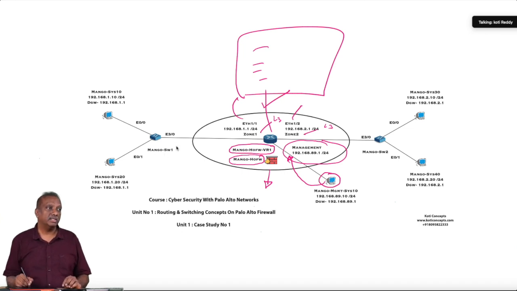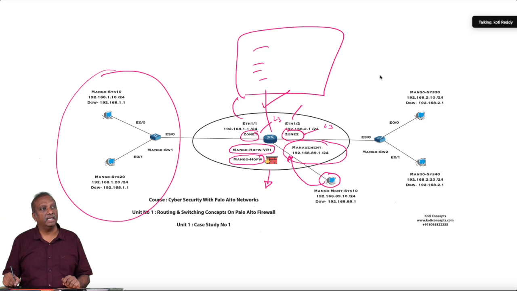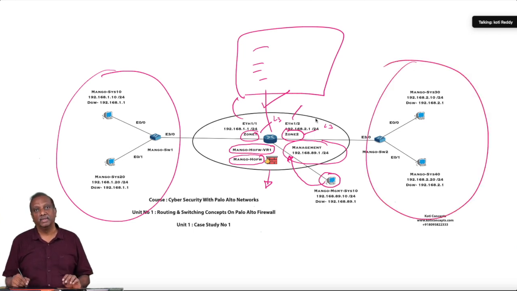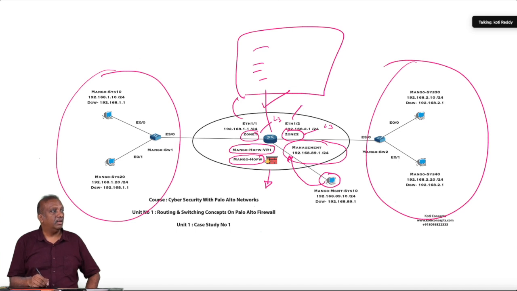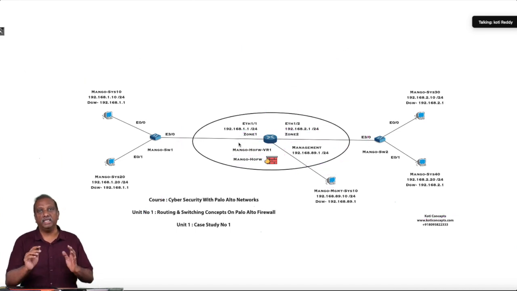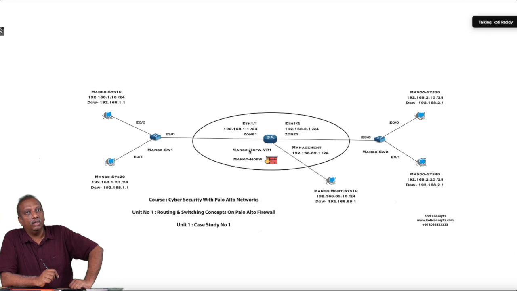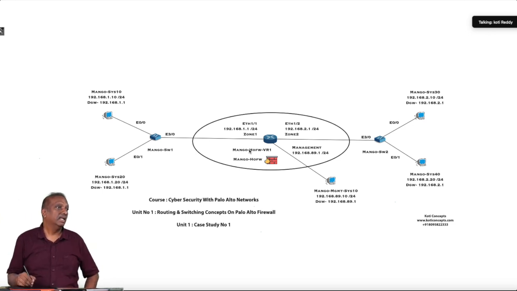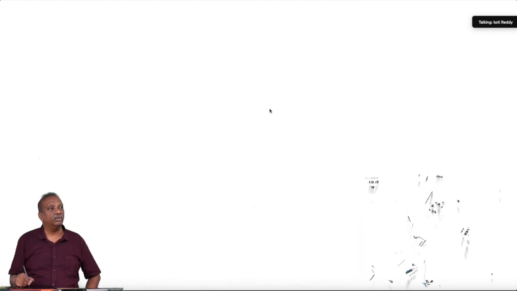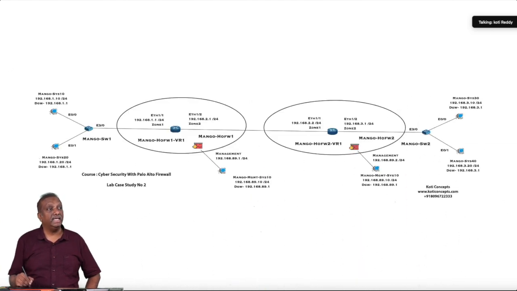And then because packets are going from one zone to another zone, this comes under what? Interzone traffic. And how to allow the packets to go from one area to another area on the firewall. So we can check all this. So this particular case study is only to make you understand how to configure the basic configuration on the Palo Alto firewall. Next we go for the second case study, where we learn how to configure static routing on the